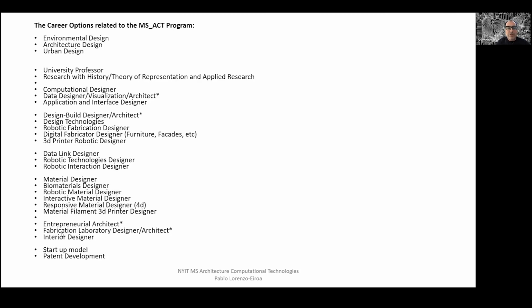There's a lot of things that you can do. I'm very interested in the notion of an entrepreneurial architect, developing your own projects. So thinking about a fabrication laboratory, design architect, or thinking about producing your own form of business, to me, is